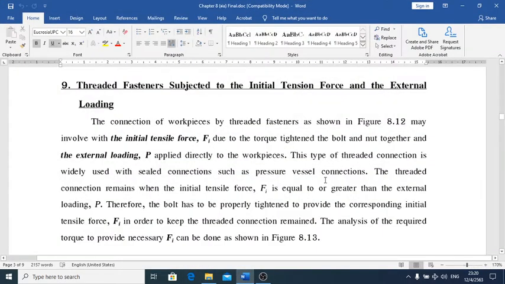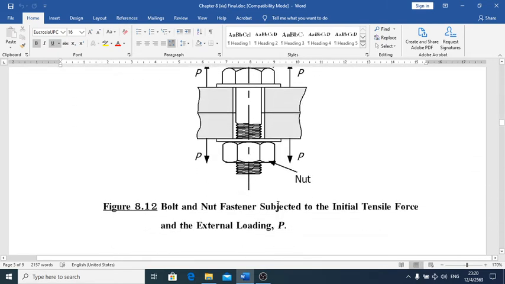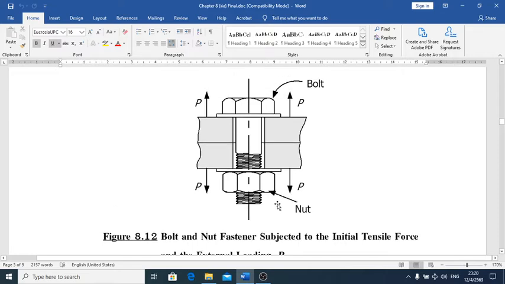Okay, let's go to section number 9, analyze. We're going to talk about tight fasteners subject to an initial tensile force and external loading. This type of thing happens as shown in figure 8.12. We have the workpiece looking like that, and we fasten it together with bolts and nuts, looking like that,